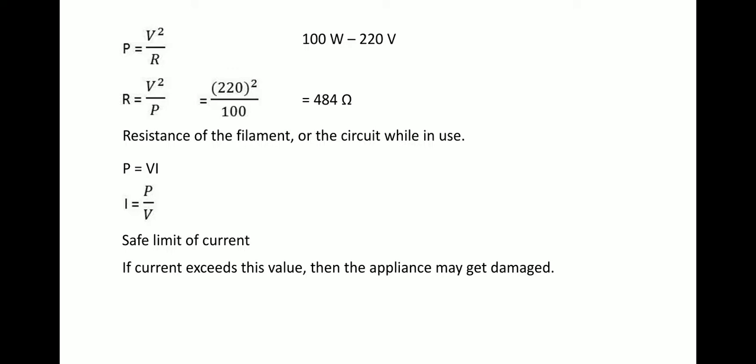Similarly, if we put these values, power equals 100 watt and the voltage is equal to 220 volt, then I equals P by V is equal to 100 by 220, which is equal to 0.454 ampere or very close to 0.5 ampere. This means that if the current exceeds 0.5 ampere, it may cause the bulb to fuse, or